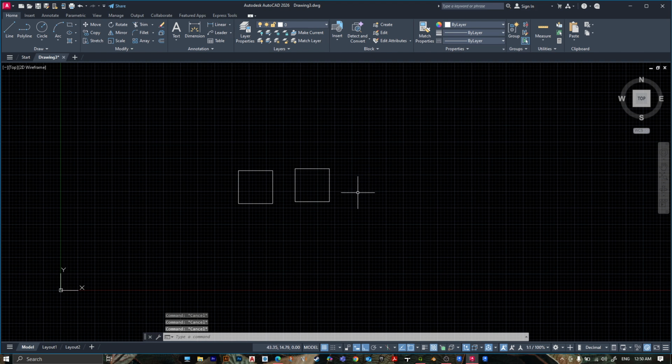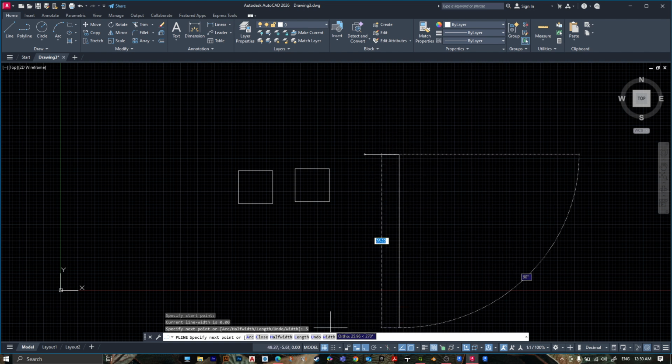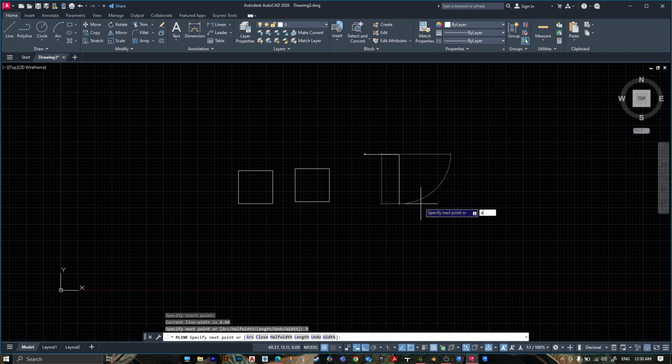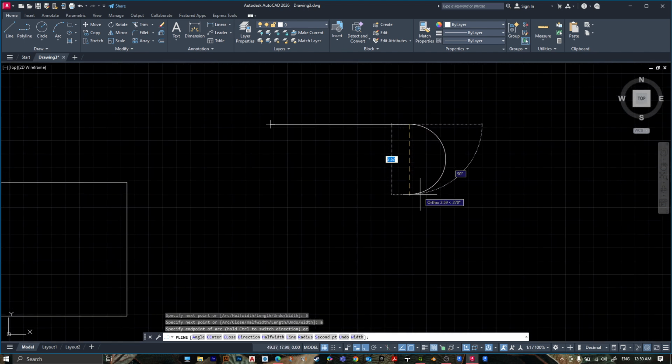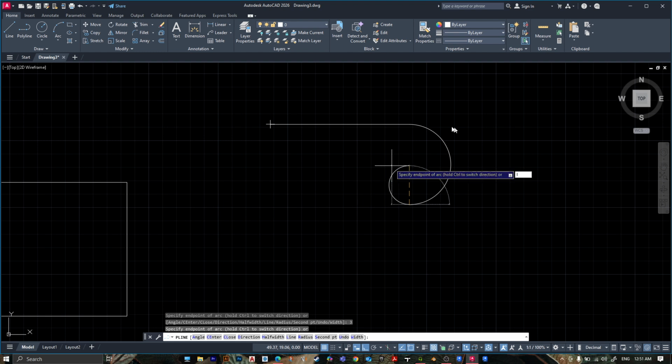Again, the shortcut is PL, then press on space, the first point, then let's make it 5 meters, and here is our line. Here in command we have arc, let's choose it, or the shortcut is A, then press on space, and here we have an arc. Let's make it 3 meters, and I want a line from here. Press on L, again